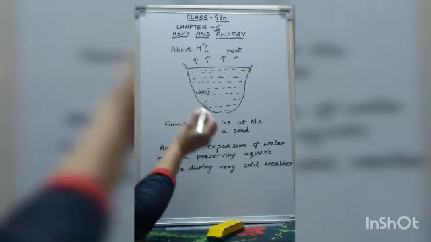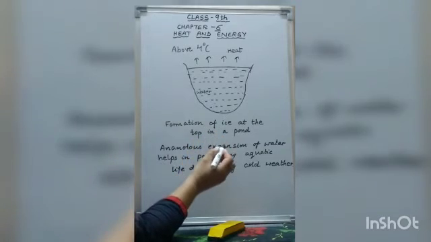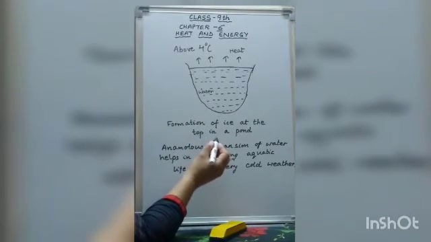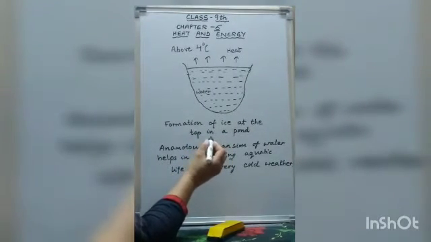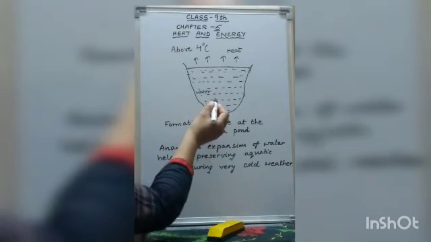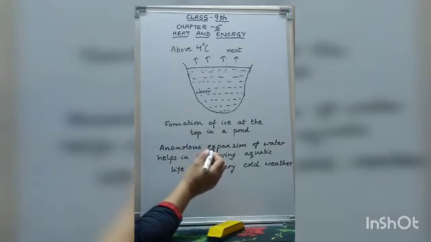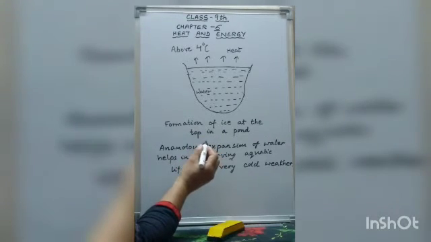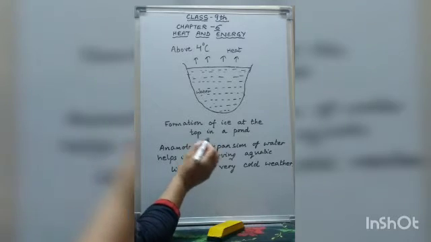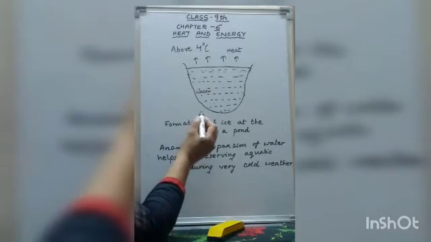Now children, I will explain some consequences of anomalous expansion of water. The anomalous expansion of water helps in preserving aquatic life during very cold weather. When the weather is very cold in the cold countries and the atmospheric temperature starts falling below 0 degrees Celsius, then the water at the surface of a pond, initially at a temperature above 4 degrees Celsius, begins to radiate heat